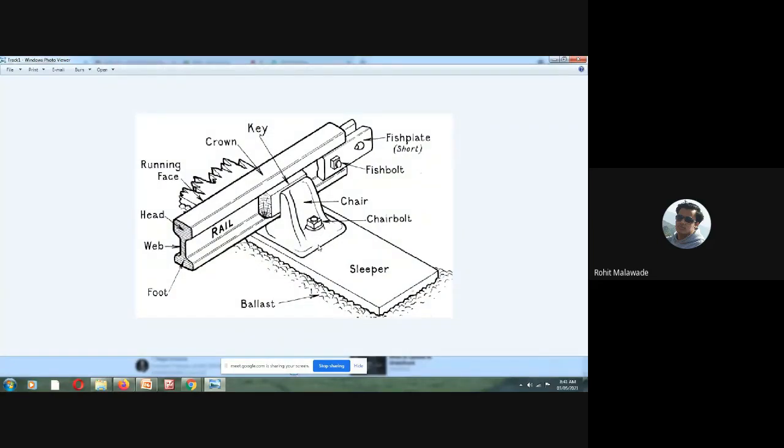I will show you an example that there are some rails which are placed without these chairs also. There are railway tracks or permanent ways which are fixed without this particular chair also; with chair also, without chair also, we can have it.